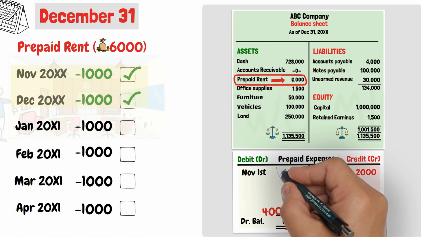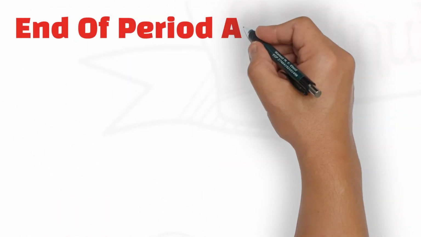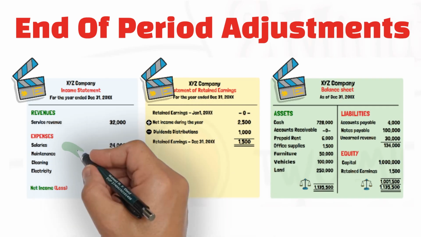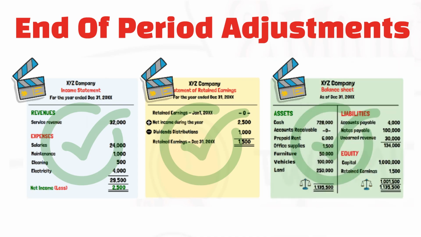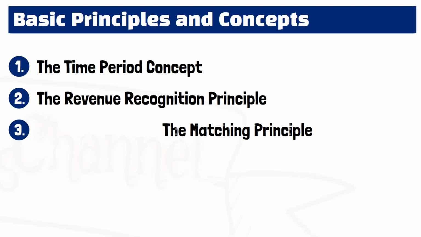If that adjustment is ignored, the balance sheet will be showing an overstated balance for prepaid rent as of December 31st. From this example, you can see that end-of-period adjustments are necessary to ensure that the financial statements accurately reflect the financial position and performance of the company. We have different categories for end-of-period adjustments, but to better understand that topic, let us first discuss a few related